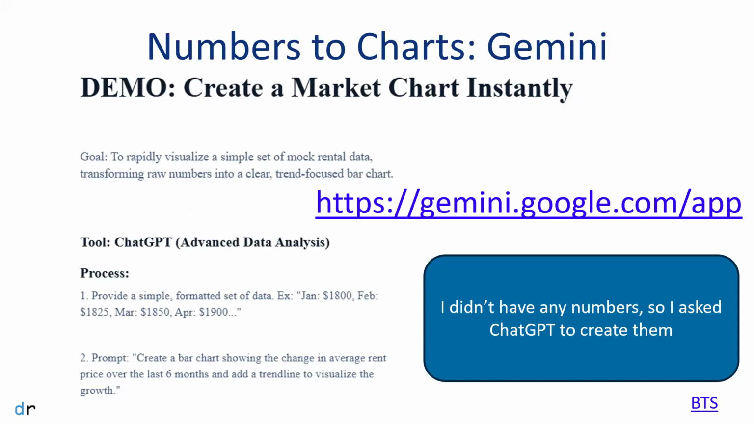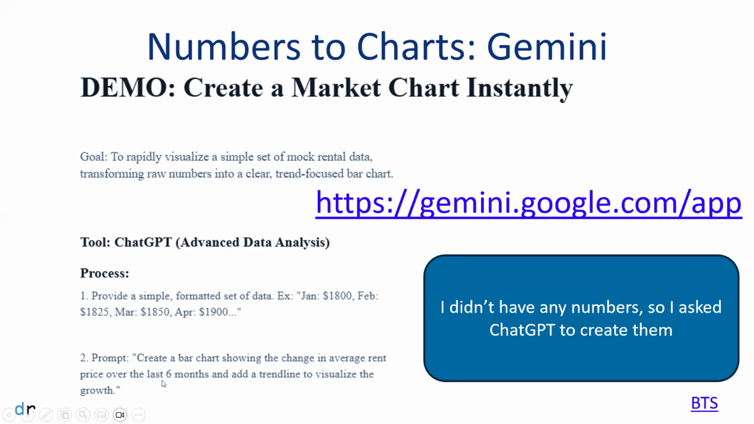Anybody have a spreadsheet that you're like, it'd be way easier if I could just look at a picture instead of having to read all these numbers? AI just makes that almost trivial. And instead of having to know how to make the chart do exactly what you want it to in Excel, you can use English language to ask the AI to update the chart to look the way you want it to. So this is a suggested prompt, create a bar chart showing the change in average rent price over the